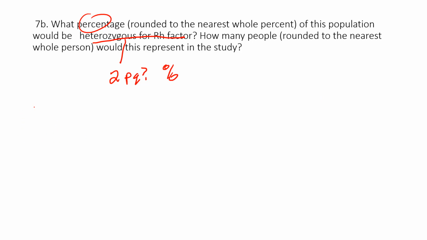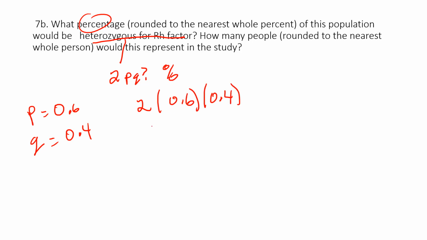If we go back to 7a, we find that our p value is 0.6, and our q value was 0.4. That's just taken from the previous part of this question, 7a. All we're going to do is insert that into the formula. So we have 2 times 0.6 times 0.4, and our 2pq now is going to equal